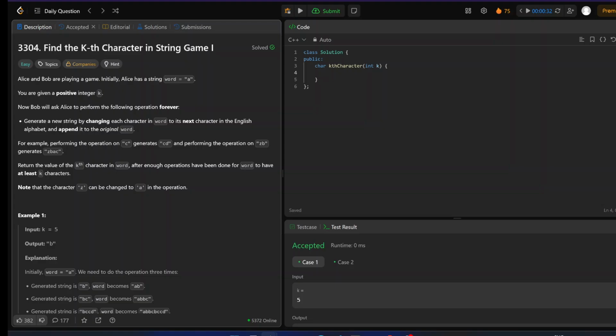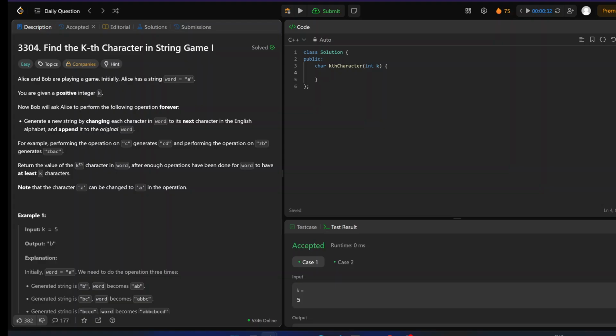Now let's talk about that operation. In each operation we have to increase the length of the string. Suppose we have a string a. In the operation we append a string, like it's a, then append b, which means increasing that string.